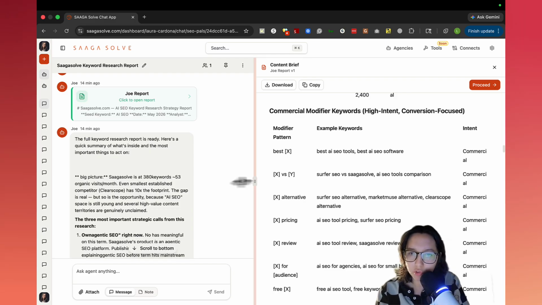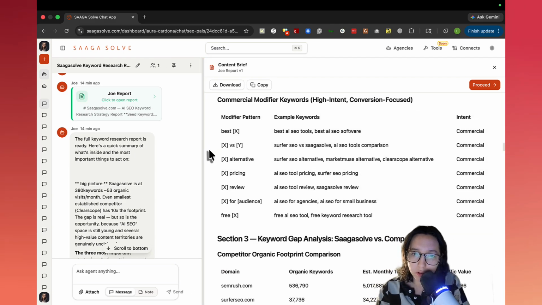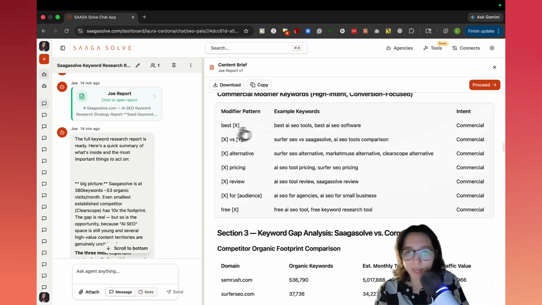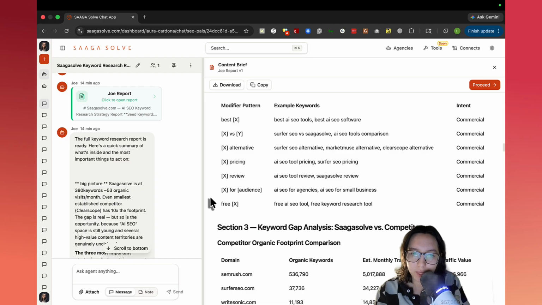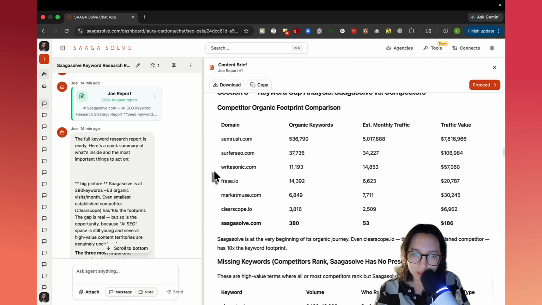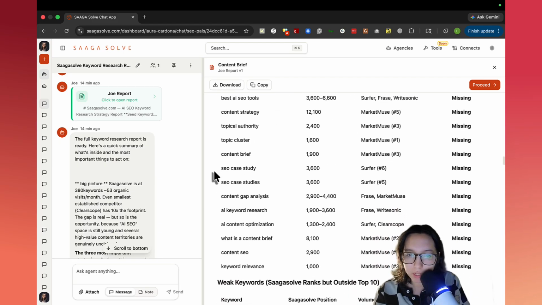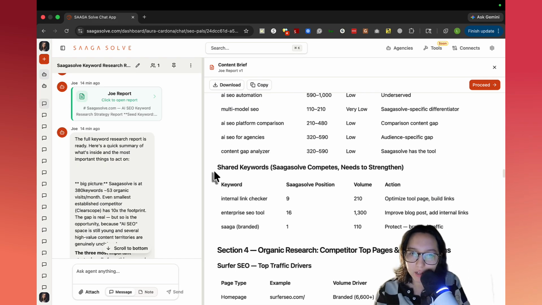We've got commercial modifiers. This is really cool, right? So, best AI SEO tool. SERP for SEO versus Saagasolve, which is another AI SEO tool specifically focused on content, right? So again, we're taking it another step further, where it's kind of implicit that I can create pages around this, right, to target those X versus Y keywords. I'm going to put a pin in that because when we're done with the actual keywords,